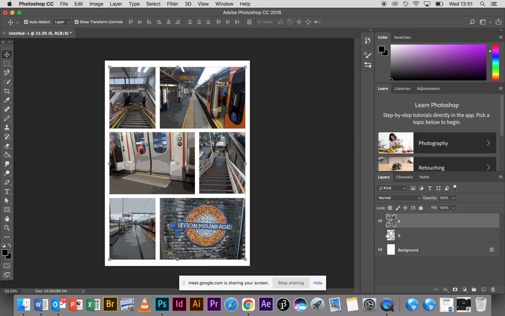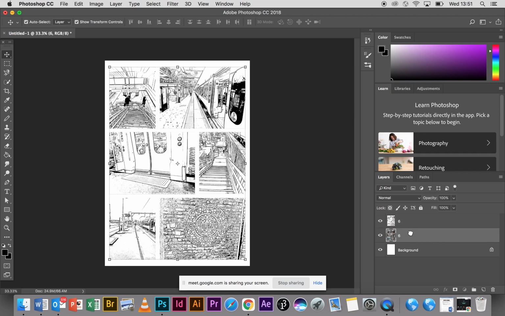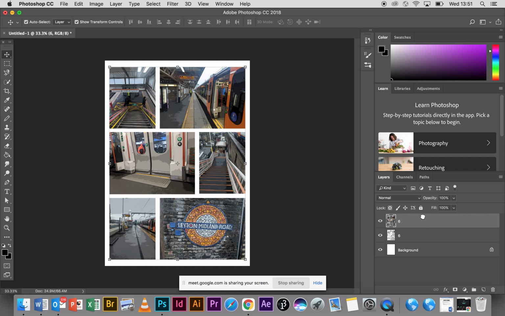Okay. So now you should have your 2 images like this. You have your lines, and then you have your color. So how to get these 2 images to work with each other is you're going to need to get them to blend. So where it says normal over here, if you click on that and you select multiply,